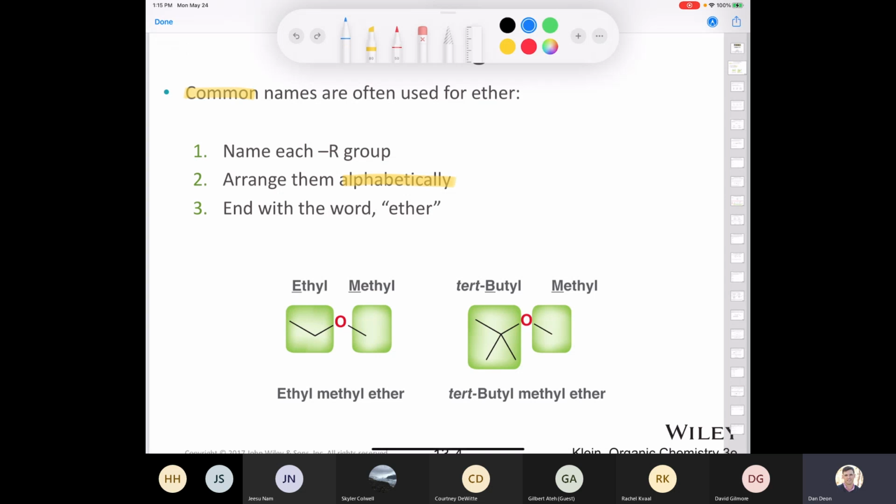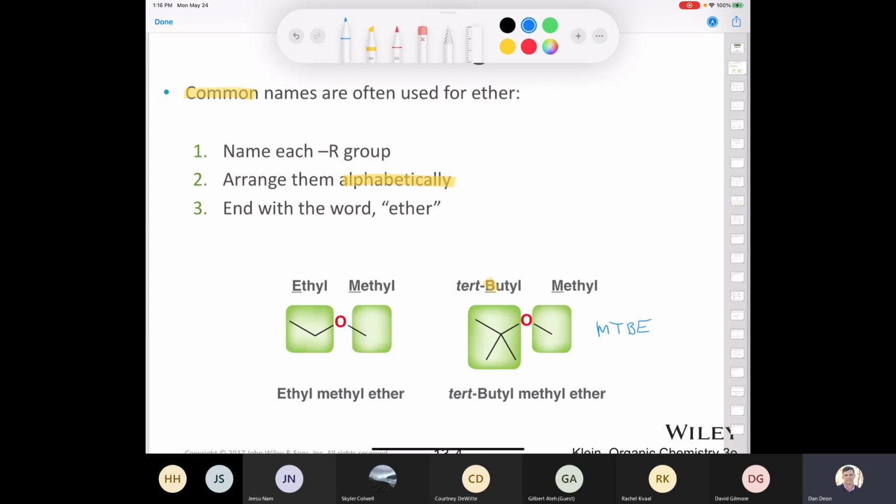Remember that the alkyl group tert-butyl is alphabetized according to the letter B. Remember that we ignore all prefixes except iso, cyclo, and neo when we're talking about alkyl groups. So we would have tert-butyl methyl ether, which is actually the correct name of this compound because we've listed the 2 alkyl groups in the correct order, right? We've put them in alphabetical order, but this compound actually has an acronym, which is